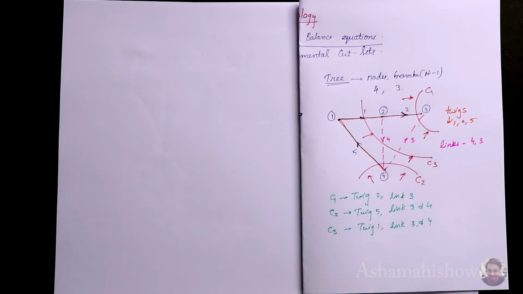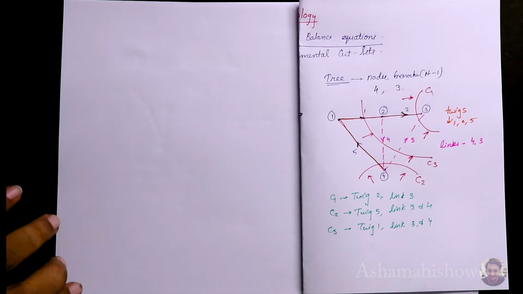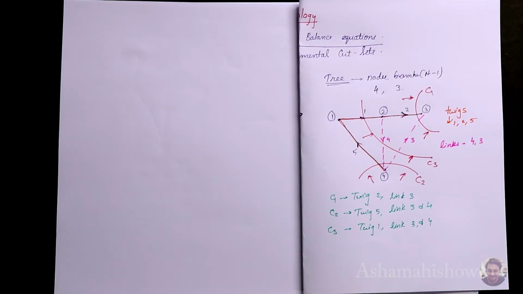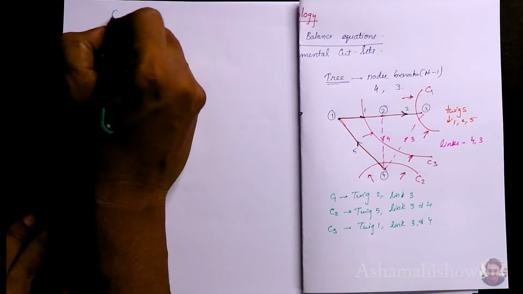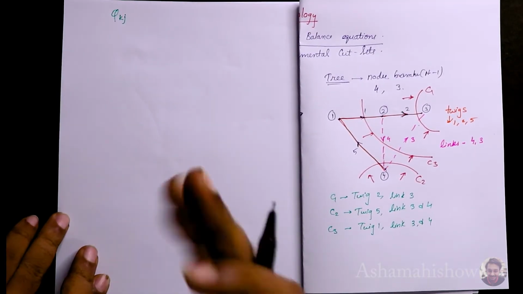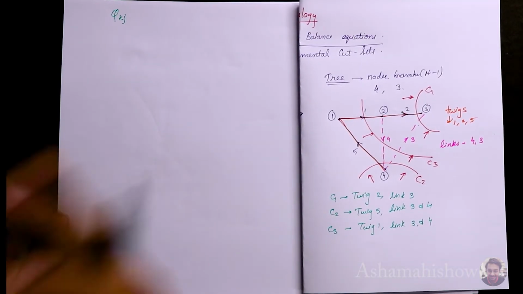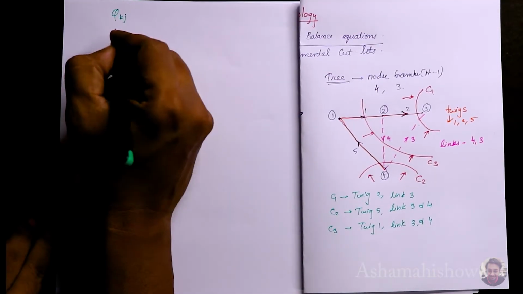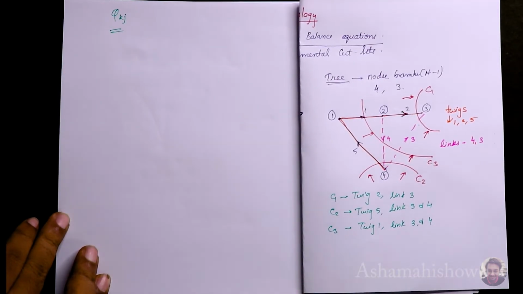Keep it aside so that it's handy. The cut set matrix is given with Q. For instance, we have taken Aij, and for the tie set we have taken Bij. Now the cut set is given with QKJ. It is the notation they have already taken, so let us follow that. Why should we change it?